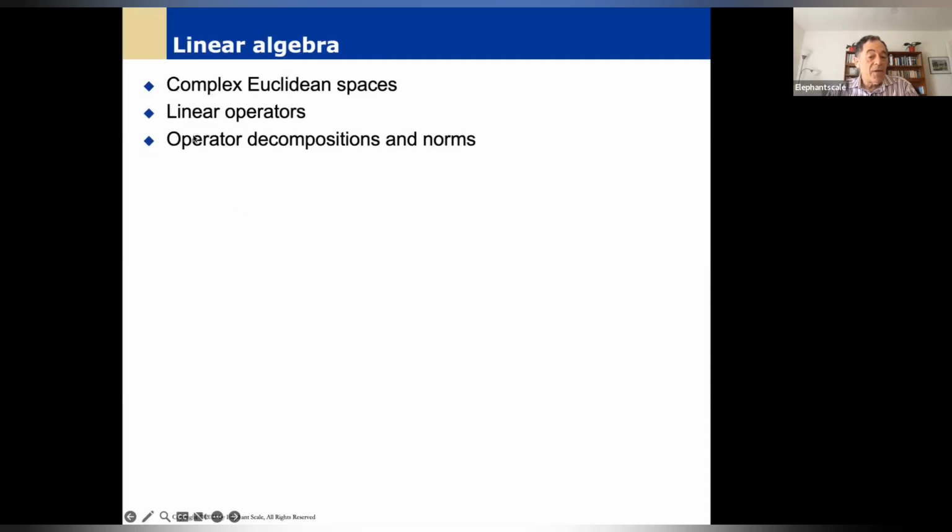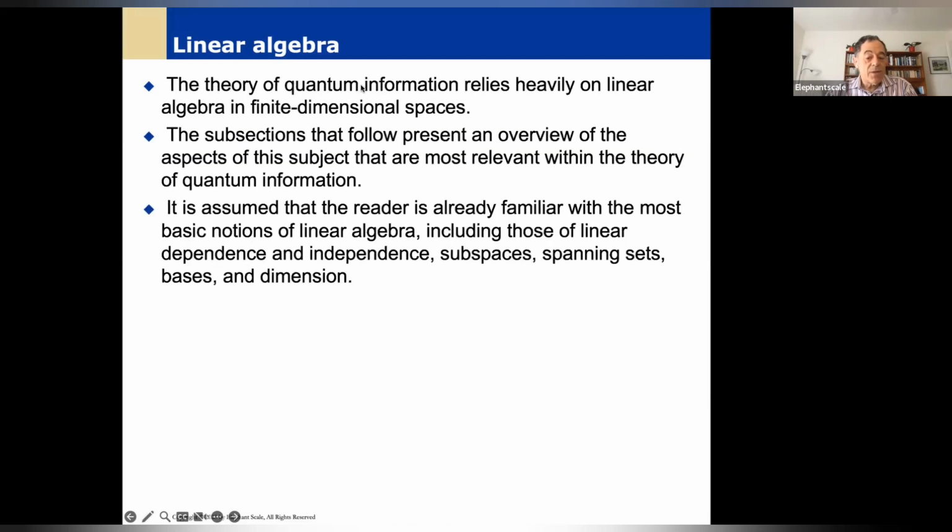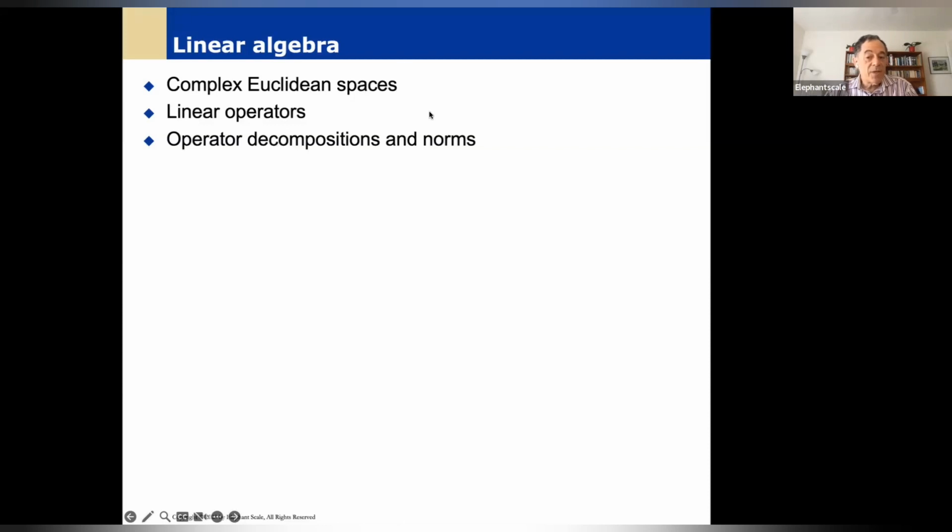The end result will be what you'll need: a refresher on Euclidean spaces, linear operators, and decompositions. I'll tell you in two words, that's all very simple. But going deeper will require a little work. So Euclidean spaces, everybody knows, right? Euclidean space is x, y, z, that's very easy. Maybe x, y, z and another coordinate, maybe more,